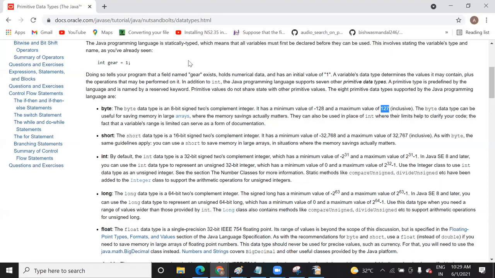There is one more data type that is called short. It is another data type which is used to hold an integer value, a short kind of data, which is 16 bit, a 2's complement 16-bit value. 16-bit means 2 bytes, and its value ranges from minus 32768 to 32767. If you want to save more than 32767, then it will give an error, or it will throw some garbage value.